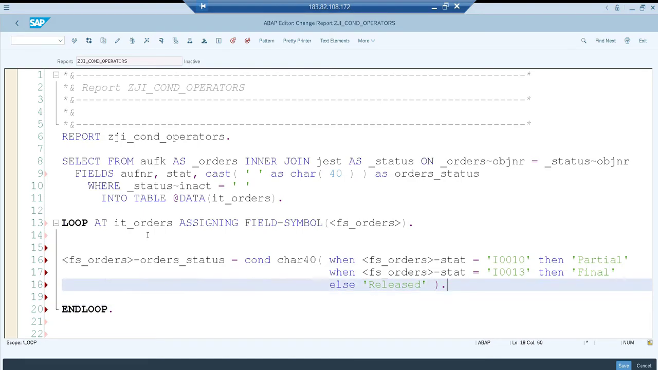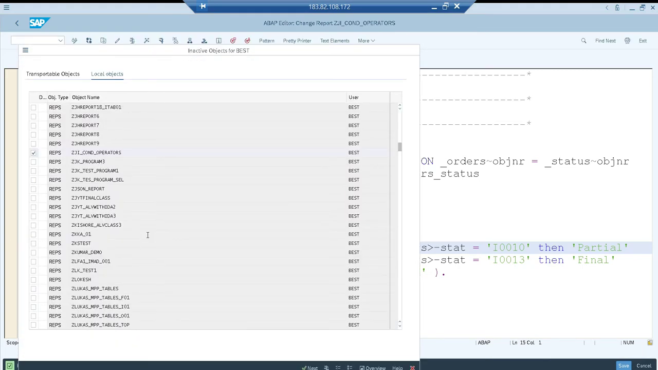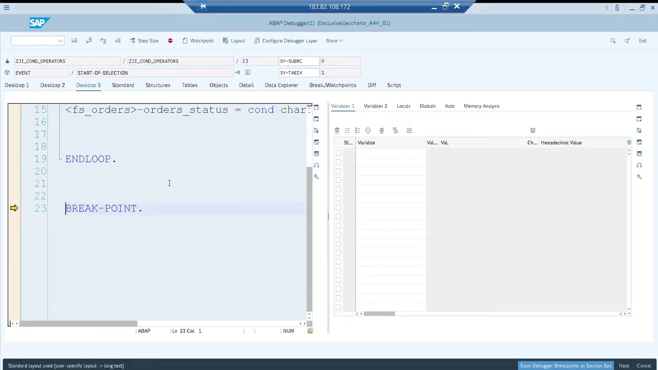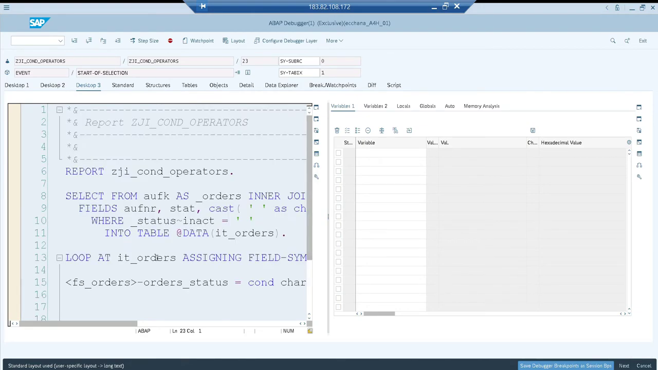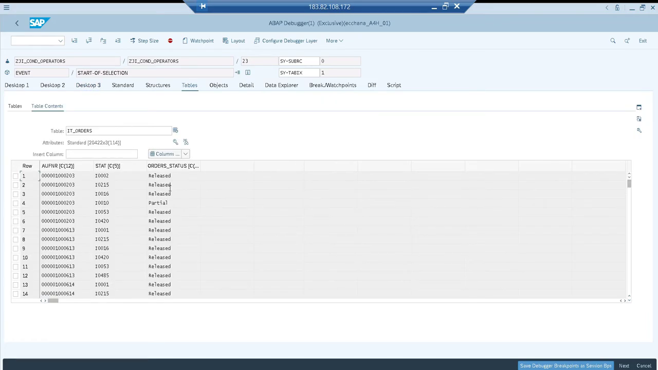Okay, so let me activate it and execute. We'll see how it is getting updated in the database, sorry, internal table. The orders are going to be updated in the orders. So execute. I have a static breakpoint. Let's see how the last field is getting updated. So I have 20,000 records. Just double click. So it's updated over here. So everything is released, and whenever this I0010 is a partial,